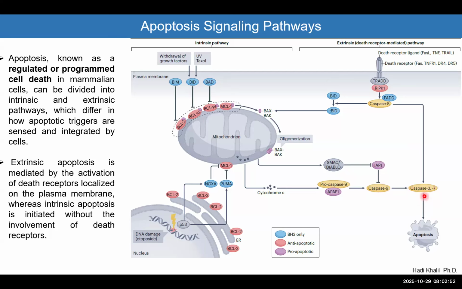Now caspase 3 and 7 will start cleaving the rest of the proteins. The other arm was the extrinsic pathway, where you have a death signal, tumor necrosis factor, Fas ligand, TRAIL, and whatever that ligand is. It binds to a death receptor, and then the complex starts to form: TNF alpha receptor related death proteins, RIP kinase, FADD, caspase 8, all those form